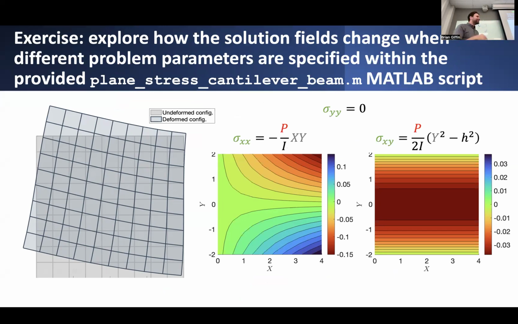I will instead invite you after class to go ahead, and you'll find in Canvas under the files page a subfolder named MATLAB scripts. And in it, you'll find this particular MATLAB script that generates all of these different figures. All you have to do is run it, and it'll spit out all these different figures. And what's cool about it is you can also go in and modify a few of the different parameters. You can modify things like the length of the beam versus the depth of the beam, and even the loading. You can change the material parameters if you want to,